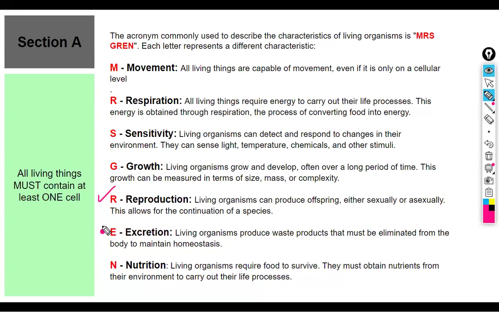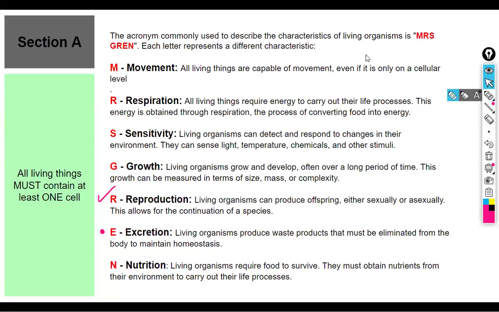Excretion. All living organisms, while they are living, create waste, right? A lot of people associate waste with going to the washroom. That's not the only type of waste. Your body creates, while it's living, a lot of toxic substances inside of it. Now, we're not going to go into detail about all the different toxic substances a living organism creates. That's for later. You just have to keep in the back of your head: all living organisms create toxic substances.